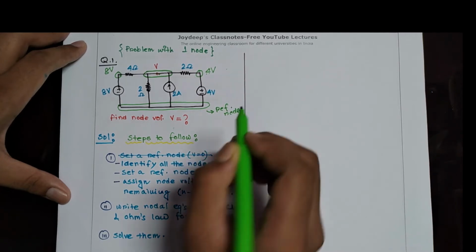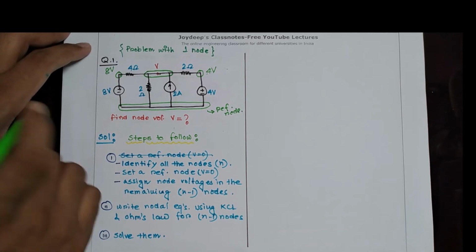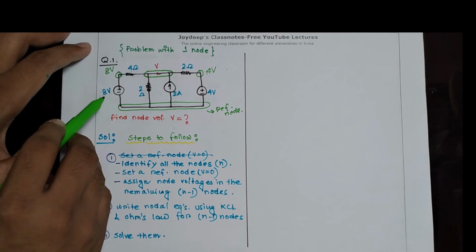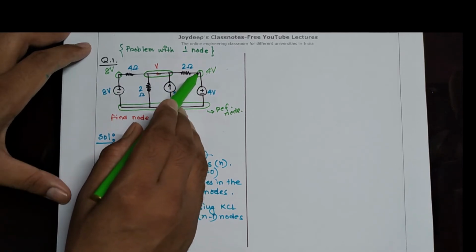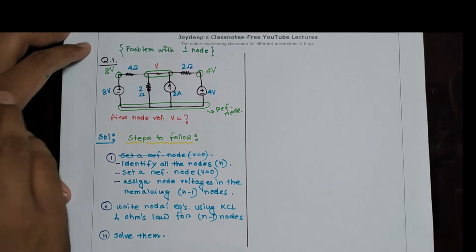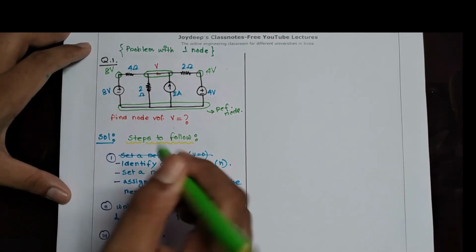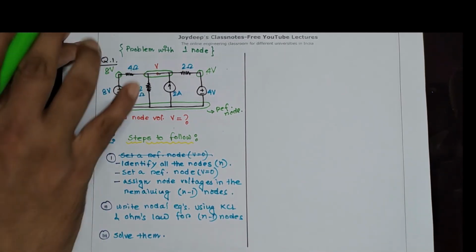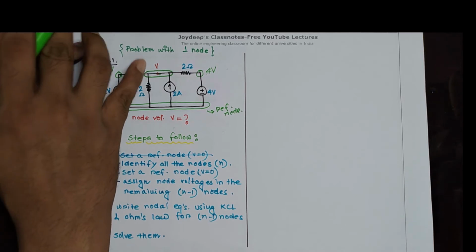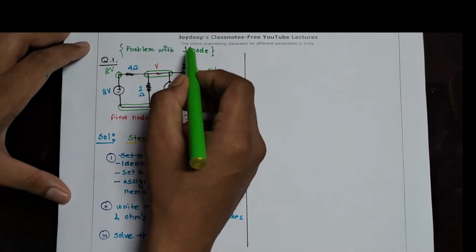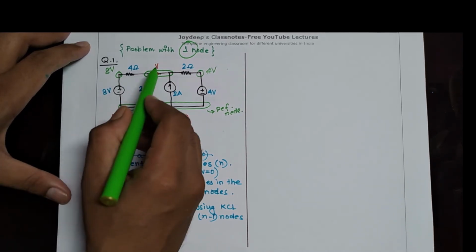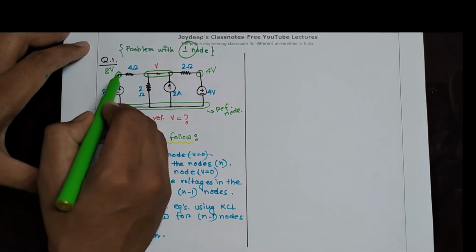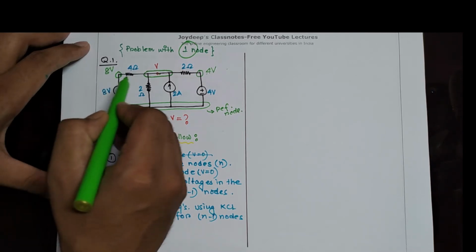Now, when in a problem we know a node voltage, exactly as we know this node voltage to be 8, and in this node also we know the voltage is 4 volt, we will not consider these 2 nodes while doing the nodal analysis. So in this case, we will assume that we have only 2 nodes, this node and this node. Excluding the reference node, we have only 1 non-reference node. That is why we have written 1 node. This is the only non-reference node present over here, and this voltage we know, so we won't consider this over here.